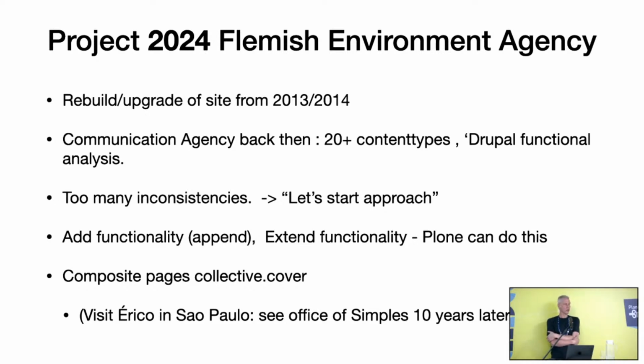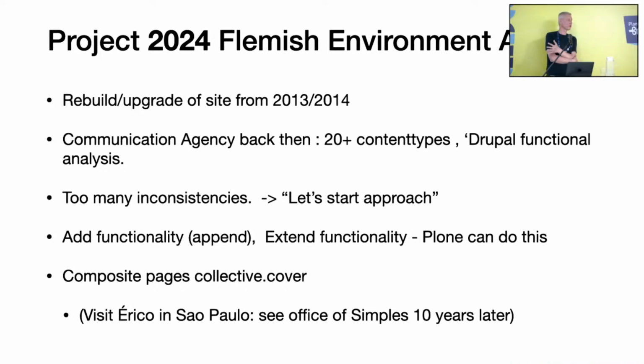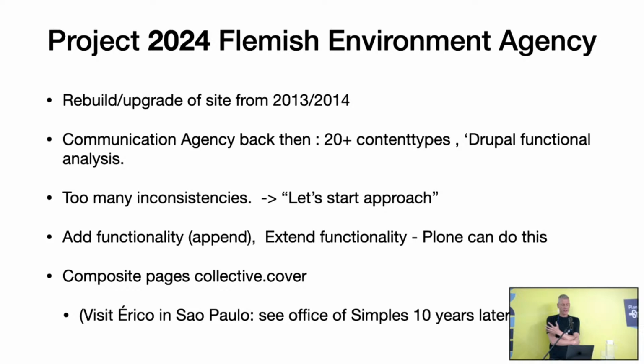So what we did, we said, look, we will just gradually add more functionality, add more content types, add more configuration, and then when you have the basics in there, you can start extending the content types. Why can you do this? Because we have this object database and we have this programming language which containerizes all the concepts on the programming and implementation level. So you can, I gave this example many times. If you want to have a blog somewhere, you can put a blog in the content tree.